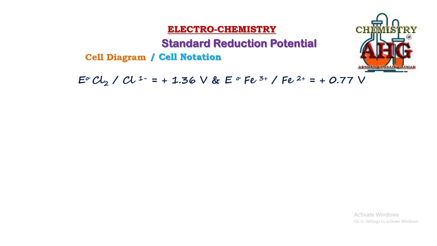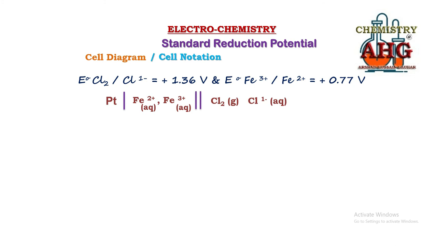So you will start from Fe2 plus, and Fe2 plus will be oxidized to Fe3 plus. Physical states are the same, so we have used a comma, double vertical line to represent the salt bridge, and since iron is present in two different oxidation states we will use platinum. On the other side chlorine will be reduced, Cl2 will be reduced, and from gaseous chlorine what will we get? We will get chloride ion in solution.